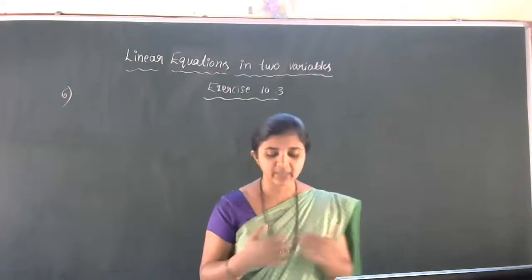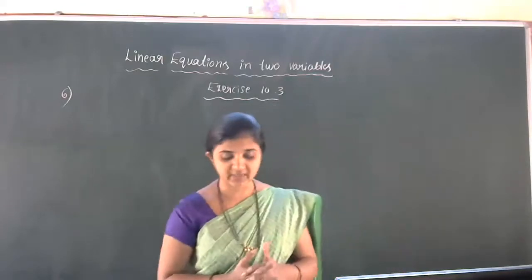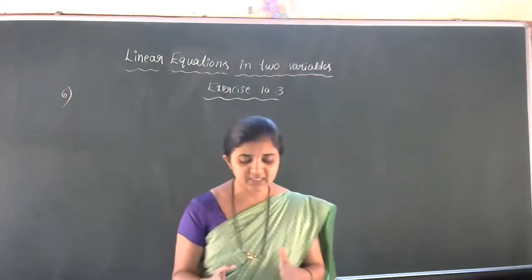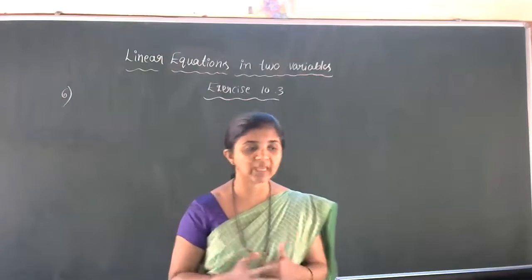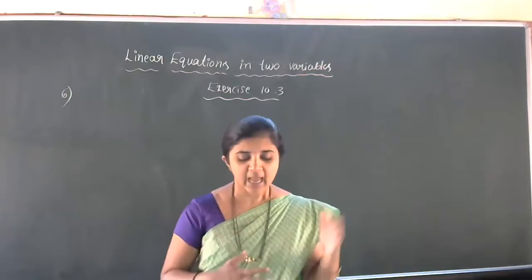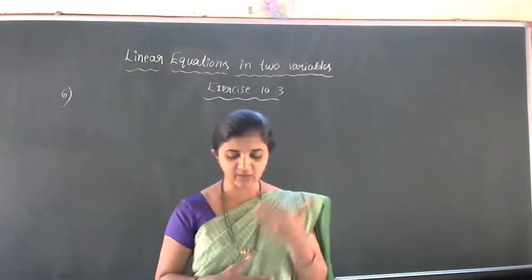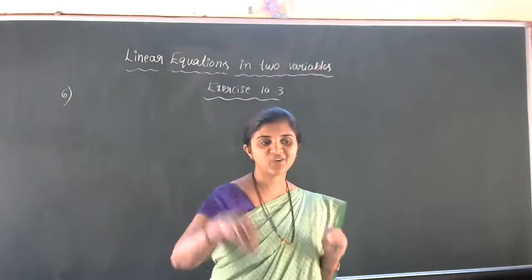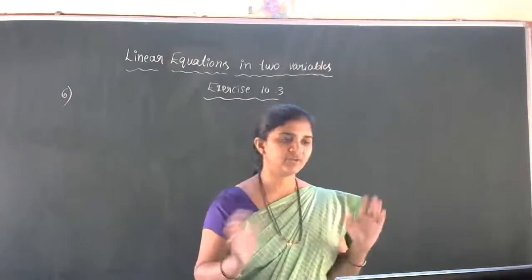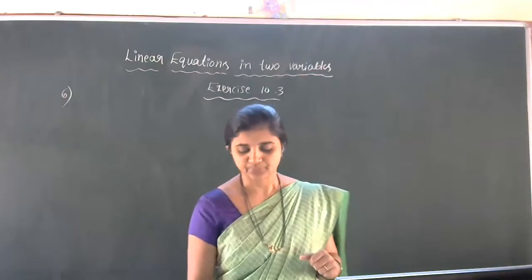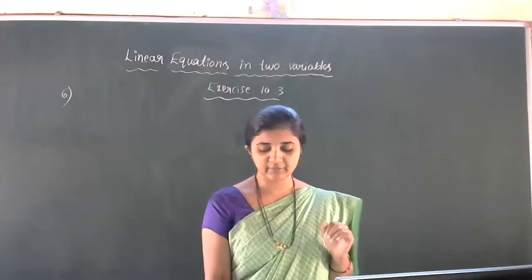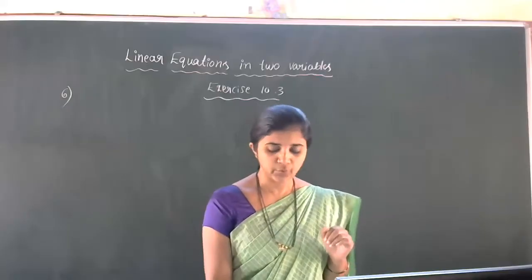Work done by a body on application of some constant force is directly proportional to the distance traveled by the body. Express this in the form of an equation in two variables and draw the graph of the same by taking the constant force as 5 units. Here they have clearly mentioned that the constant force is 5 units. Also read from the graph the work done when the distance traveled by the body is 2 units and 0 units.